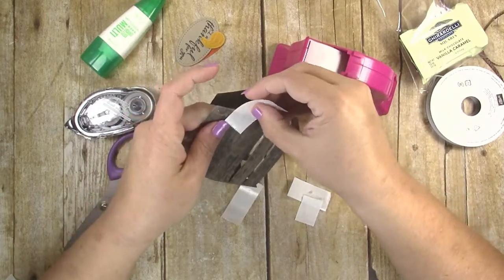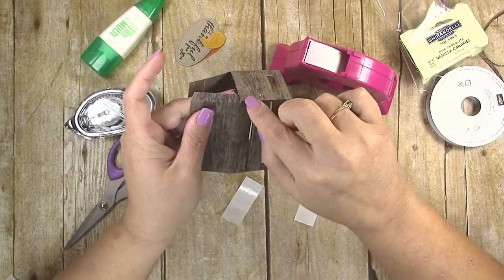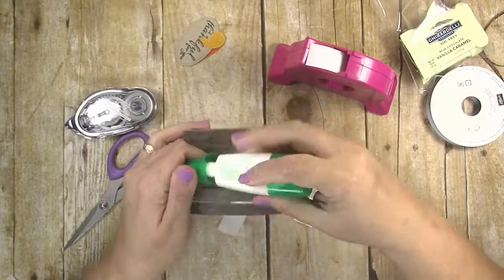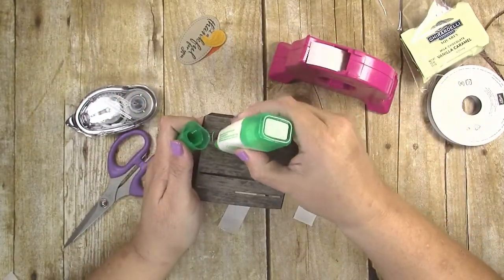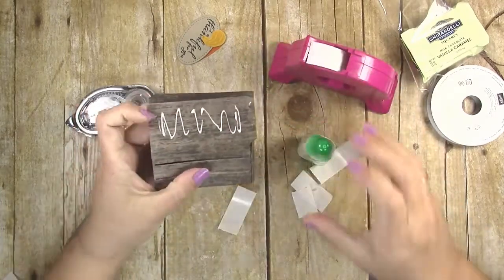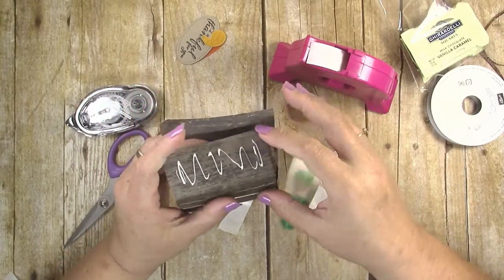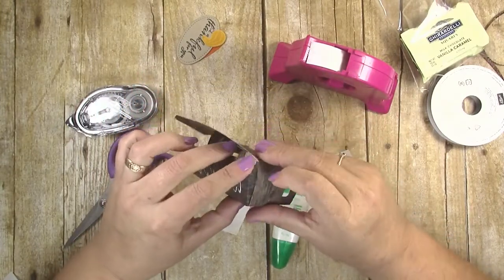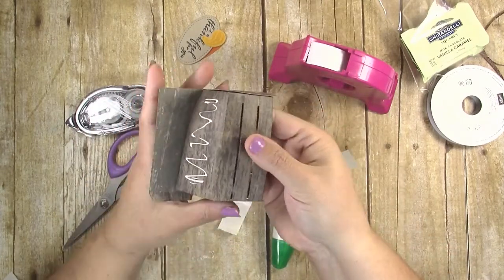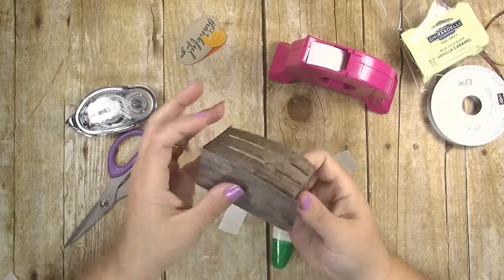And when you're folding the bottom in, you want to make sure that these small side flaps are inside your crate. So the last thing I'm going to do here is just add that Tombow adhesive to that bottom piece. So you want to make sure to fold those side flaps in. So you can do that for the bottom one here. And then put your hand up on the inside of the crate